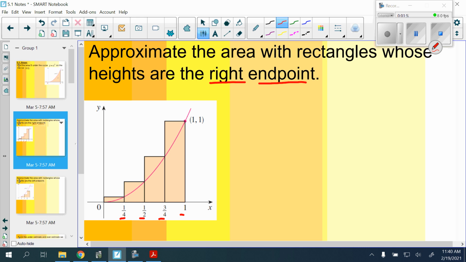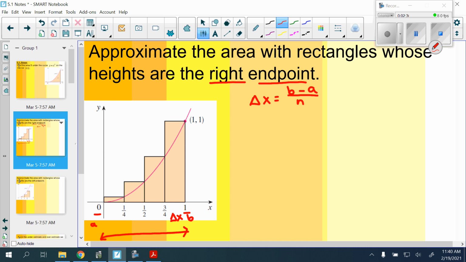The process of finding this when it maybe isn't so easy is to find this width, which we're going to call our change in x here. We're going to find that by taking the 2 endpoints, which here would be 0 and 1, and we're going to call that a and b. So if you take and subtract those amounts, that would give you the distance all the way across, which here is 1. And we're going to divide that by however many rectangles we're going to split it,